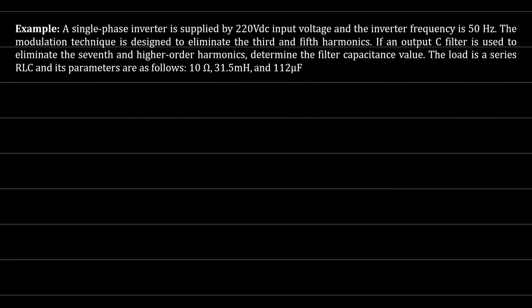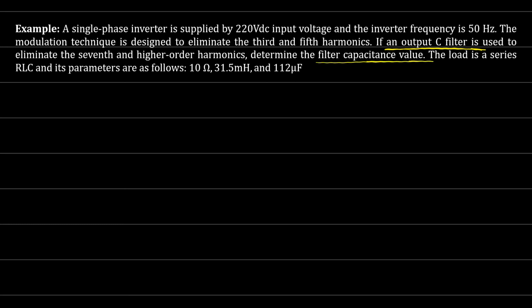The example says, we have a single phase inverter, and this inverter is supplied by 220 volt DC input, and the inverter frequency is 50 Hz. So the output frequency for this inverter should be 50 Hz, which means the fundamental frequency is 50 Hz. The modulation technique is designed to eliminate the third and the fifth harmonics. So the output has no third or fifth harmonics. If we use an output C filter to eliminate the seventh and higher order harmonics, determine the filter capacitance